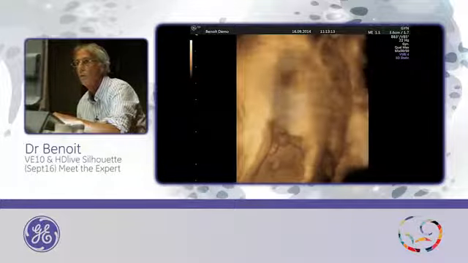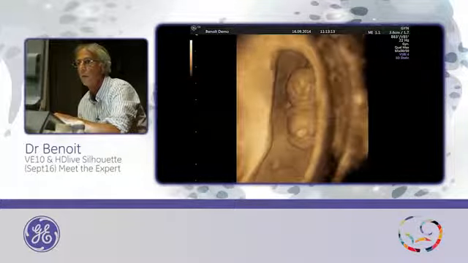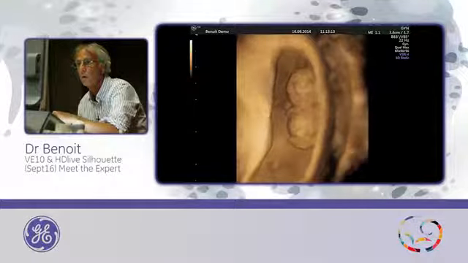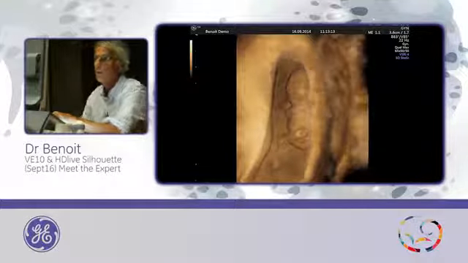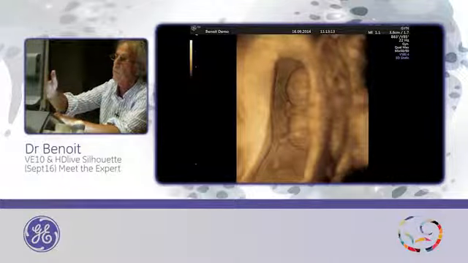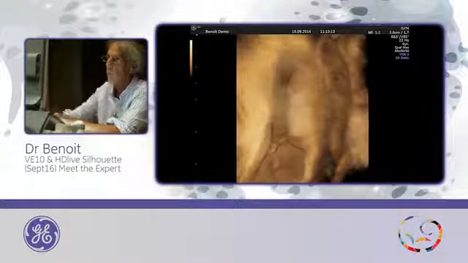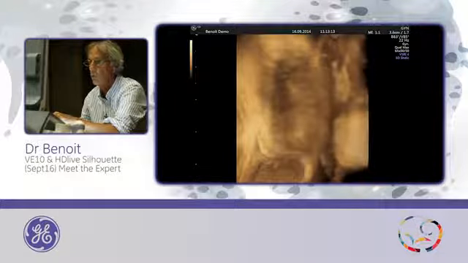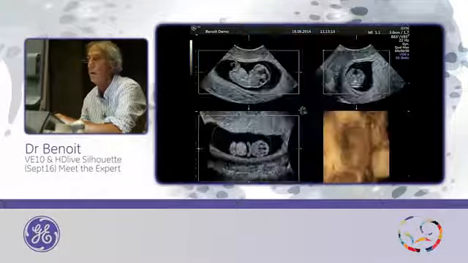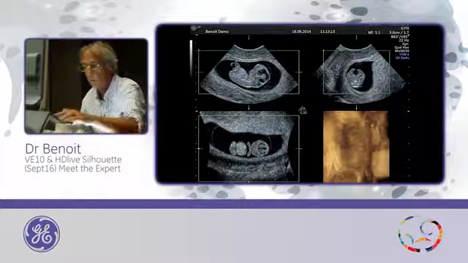And you have to move inside. And here, this is the embryo. But if you want to use it with a classic surface mode, you have to move inside or you have to use magic cut to cut around. And with the new HDlive, it's easier because you can start with